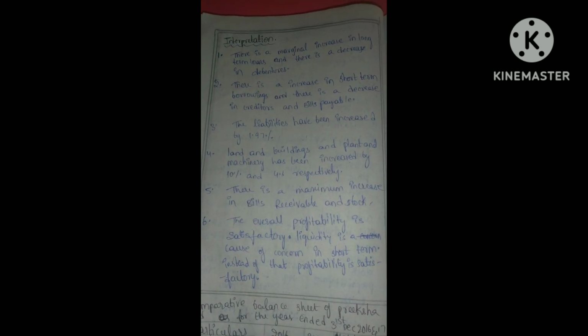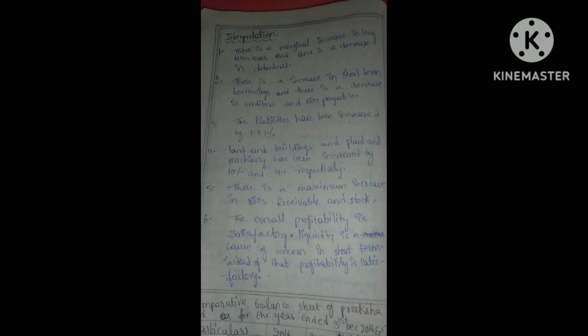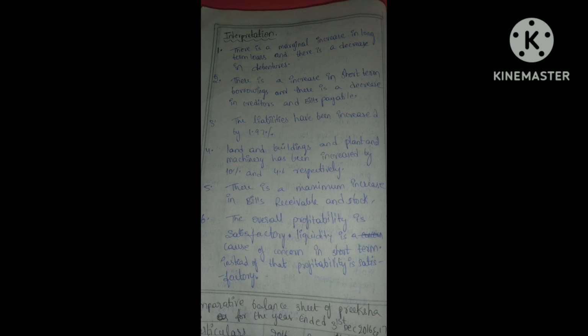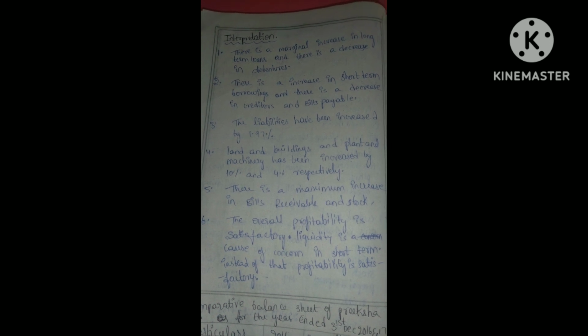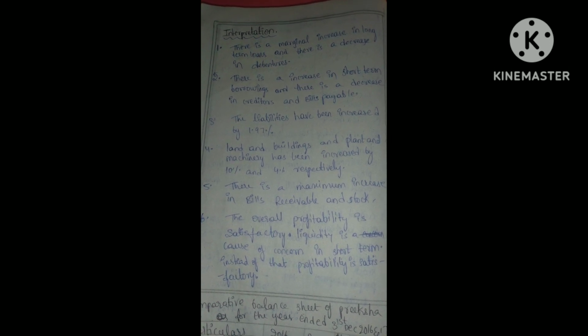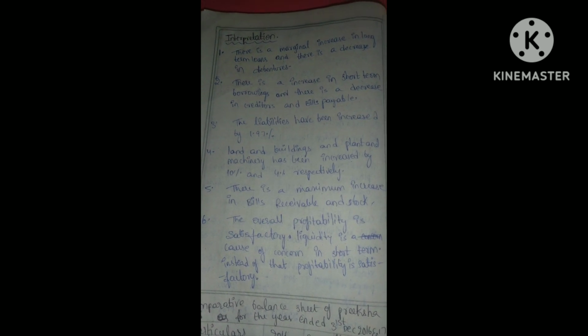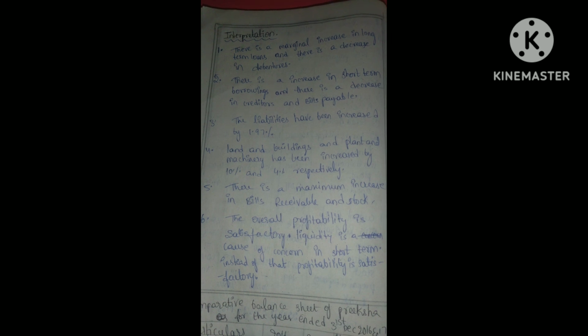So now we have to write the interpretation. So first interpretation is there is a marginal increase in long-term loans and there is a decrease in debentures, and second is there is an increase in short-term borrowings and there is a decrease in creditors and bills payable, and third interpretation is the liabilities have been increased by 1.97%, and the fourth interpretation is land and buildings and plant and machinery has been increased by 10% and 4% respectively,